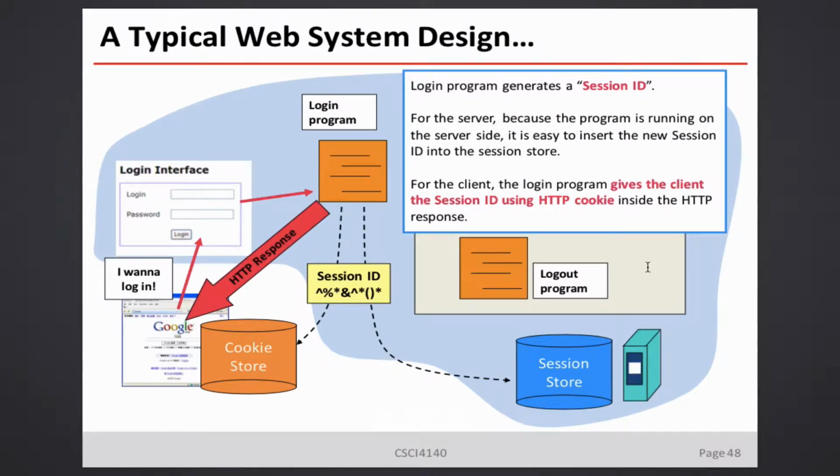To implement this, maybe some already know how to do it. I just tell those who don't know. So in the login program, you basically generate a string, which you will embed on both the cookie storage of the browser as well as the session storage on the database or the server. Do you need a database? Maybe yes, maybe no. For me, I use plain text. I write a set of library calls in order to manipulate the plain text. So for you, maybe you can use a